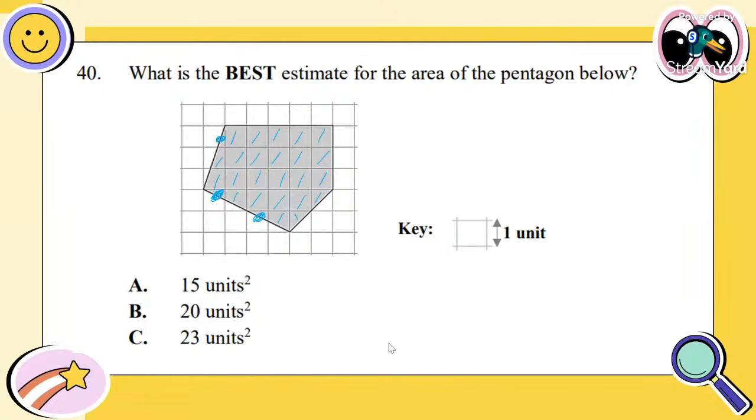I see William put 23 square in the chat. He found a way to do that little 2 at the top. All right, so our correct answer would be 23 square units. We have to put this little 2, that means squared. This little 2 helps us to understand that we're talking about the surface, the square units on the surface. So yes, our correct answer is C, 23 square units.